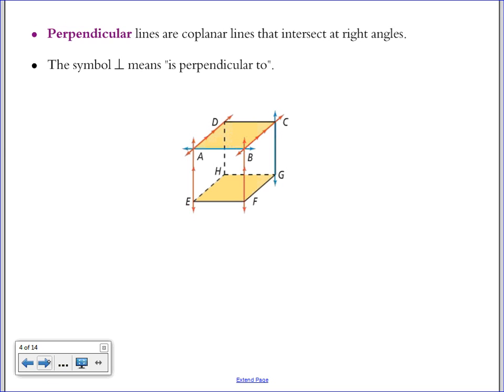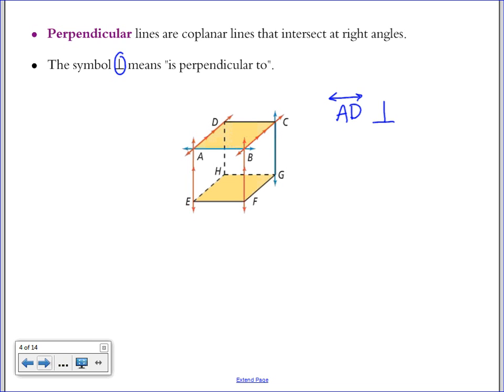We need to learn the word perpendicular, which is sort of the opposite of parallel. These are coplanar lines that intersect at a perfect right angle or 90-degree angle. And the symbol for perpendicular is two small perpendicular lines. So you see how those lines there make a 90-degree angle. So we're going to find a pair of lines that are on the same plane that cross each other at a 90-degree angle. For example, AD